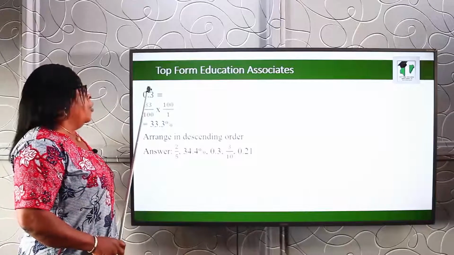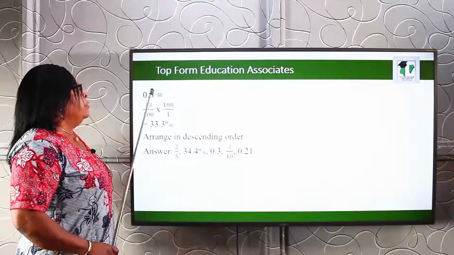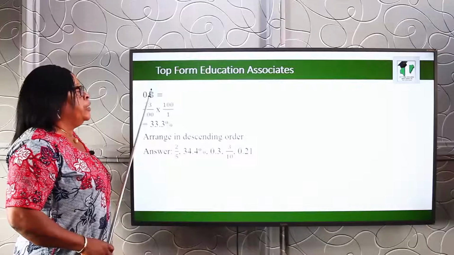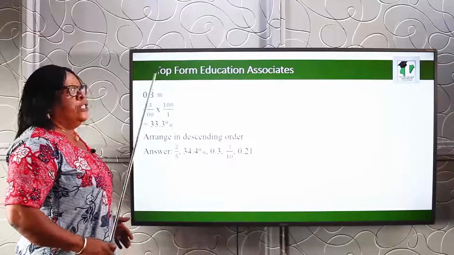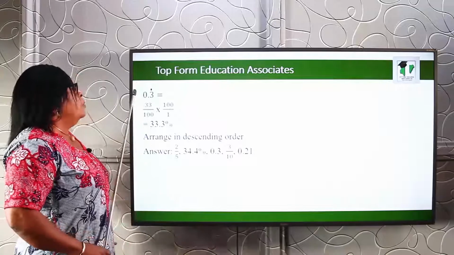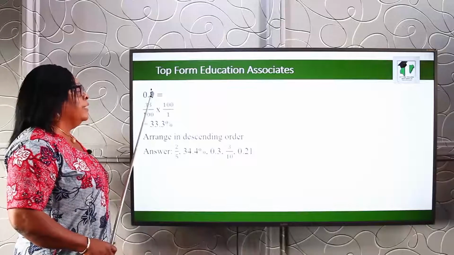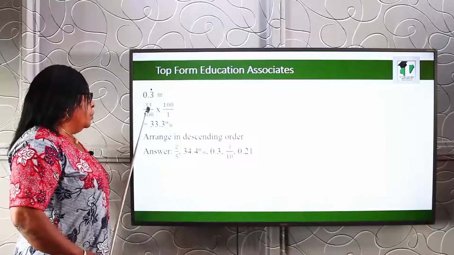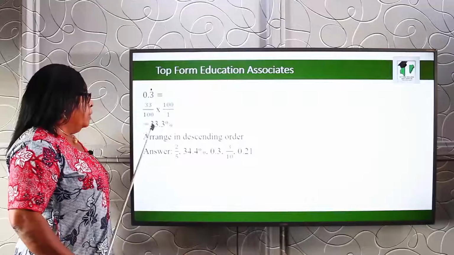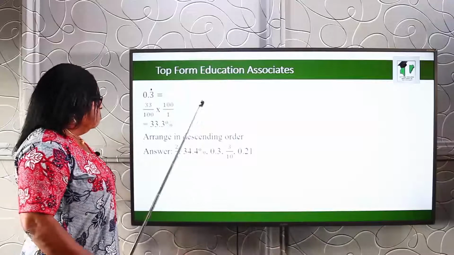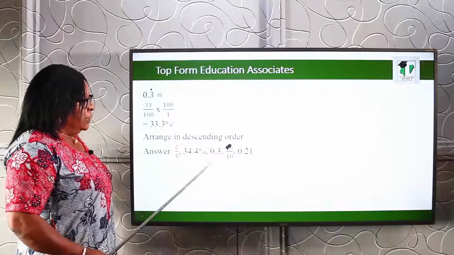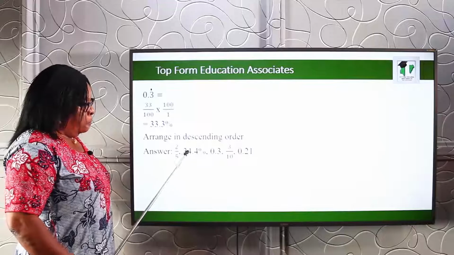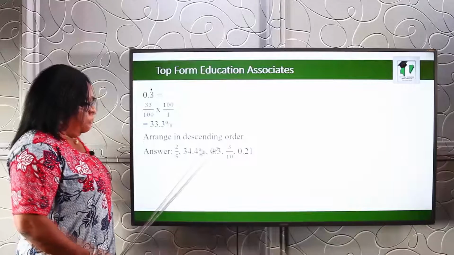0.3 recurring. Remember that when you have this dot on top of a digit, it means that digit is recurring or repeating. So this means 0.33333, etc., giving us 33 over 100 times 100 over 1, which is 33.3%. So to arrange in descending order, you find out that the highest is 2 over 5, then 34.4, then